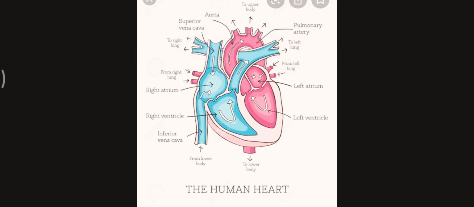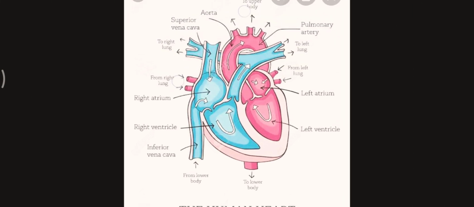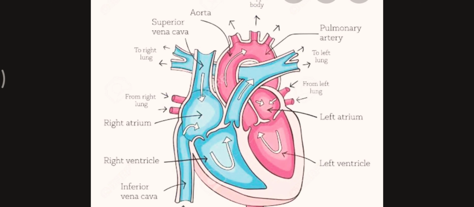In the same way, you can see the largest artery, the aorta. This is the largest artery. It pumps the blood, which is oxygenated blood, towards the body parts. It is divided into 5 branches, and those 5 branches carry the oxygenated blood to all the body parts. The left ventricle, which has the oxygenated blood, opens into the aorta.